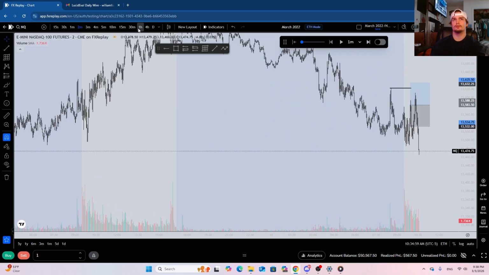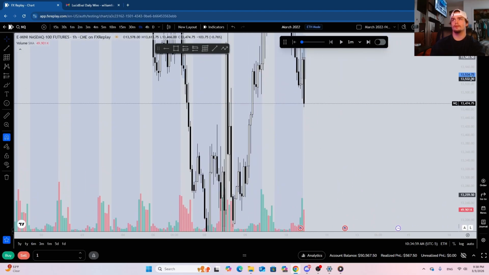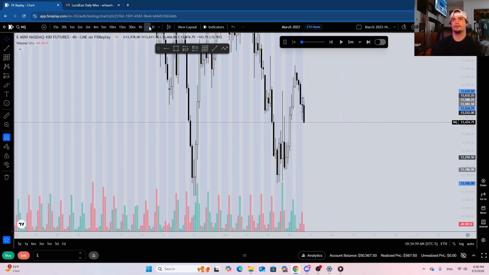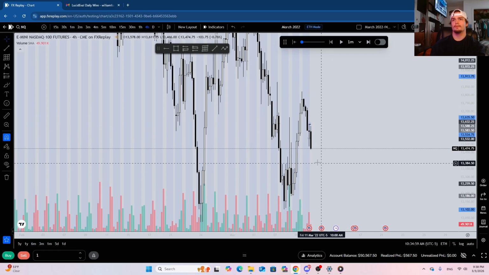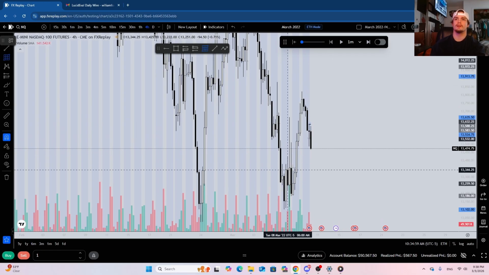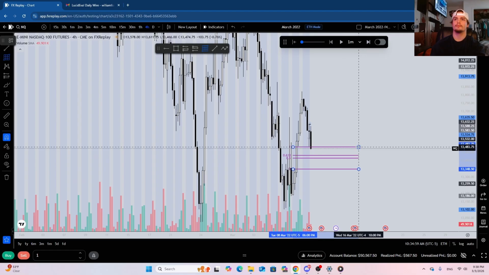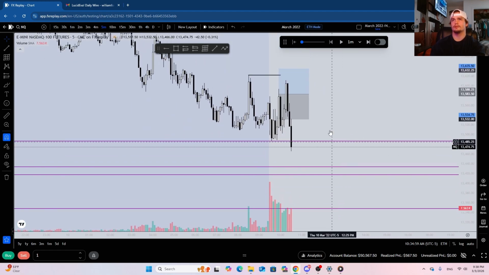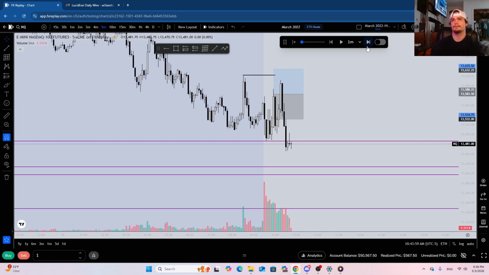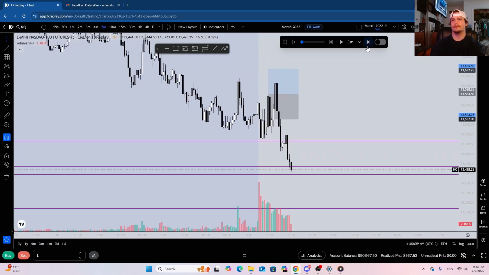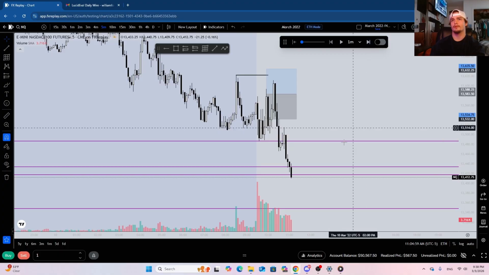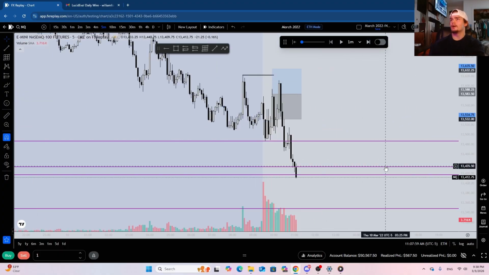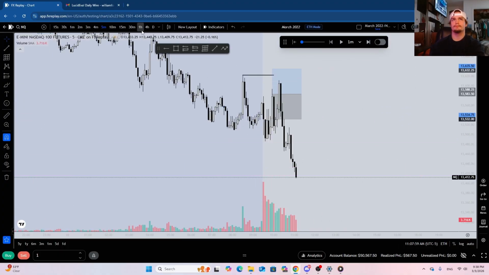Where could our next potential draw on liquidity be though? We're already in this 4 hour. Yeah, I guess you could target the midpoint of this gap. Maybe a little bit higher, actually. Alright, whatever, you guys get the point. Just no solid entry here, though, so I'm not going to take this. I do want to see how this plays out. And we do come into this midpoint. Okay, that's fine. I'm completely fine with not taking a trade this day.